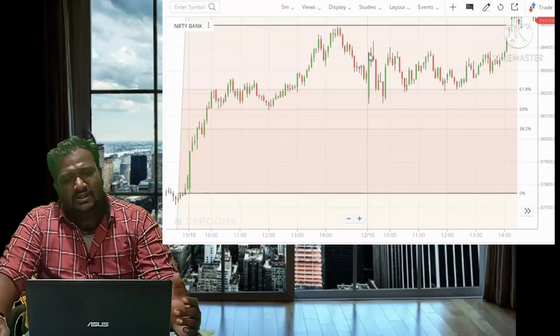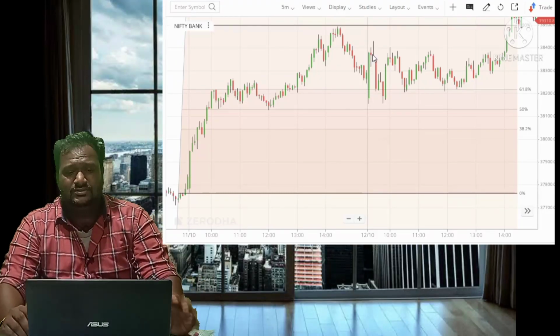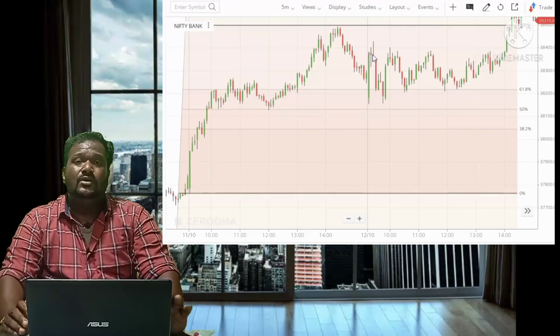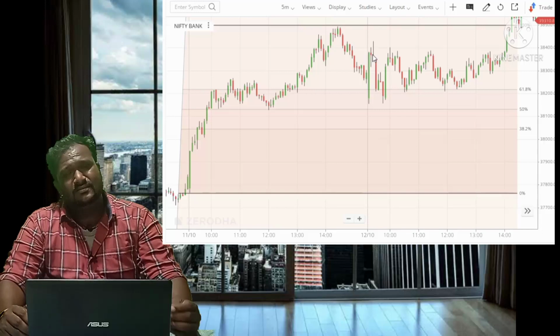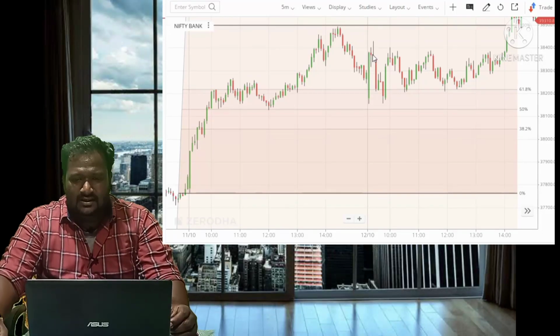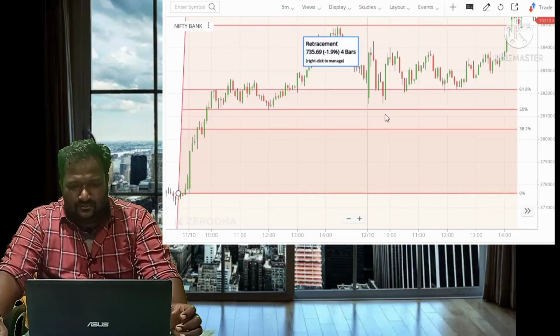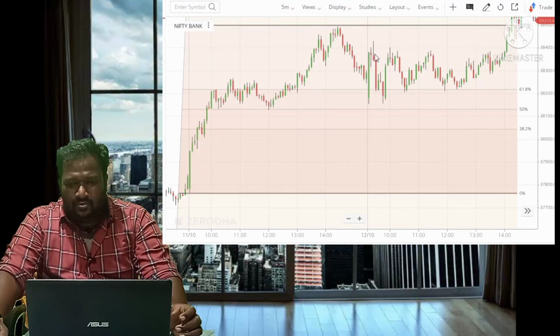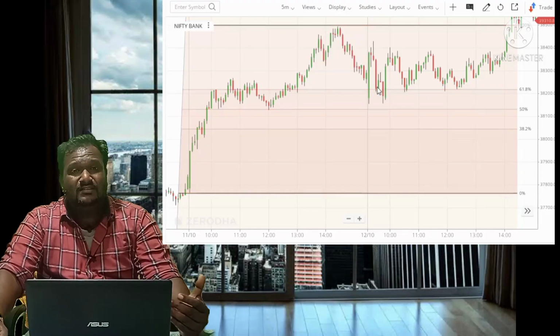Okay, since it is an uptrend market, whether we can buy a call option here itself, no, please don't do that. You have to wait for the support point. Where will we get support? The same 61.8 line will give you support. Okay, see the second, third, fourth, fifth candle. It is getting some fall and it is getting support at the 61.8% line. Okay, this is the support line.